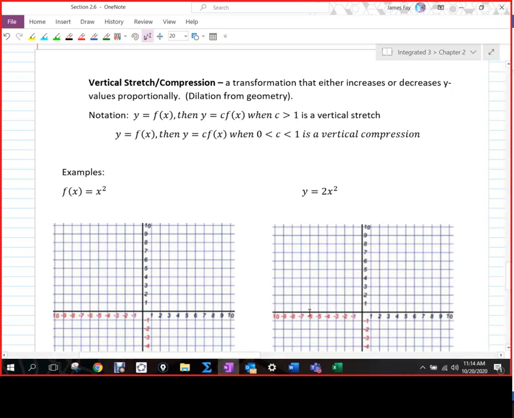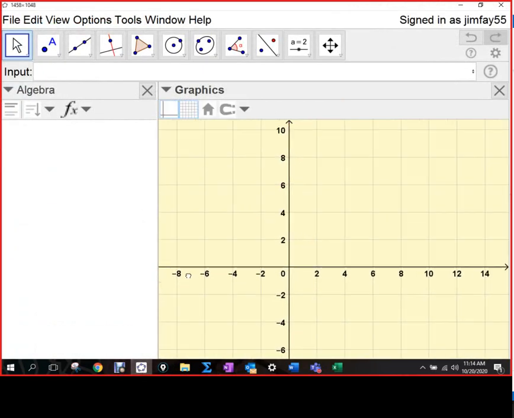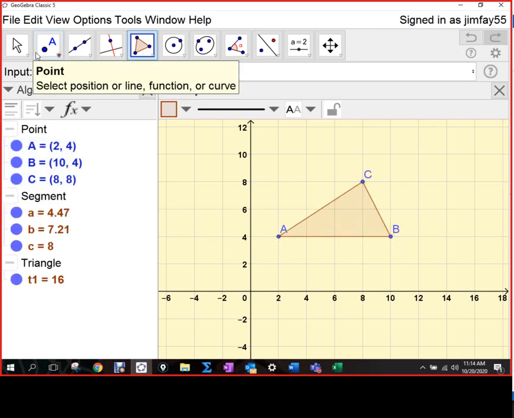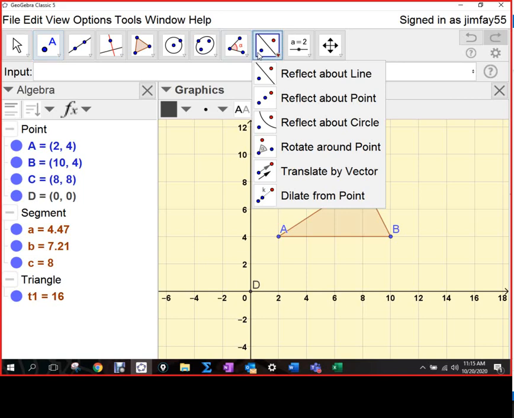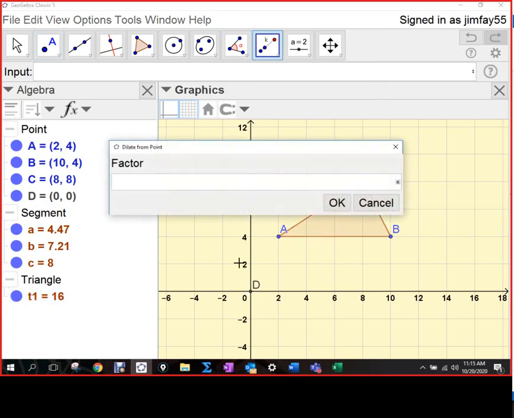And all this is talking about, do you guys remember in geometry where you would take a shape? Let's say we have a triangle like that, and I ask you to, you remember the word dilate? Okay, so if I take this shape and I dilate it on that point by some factor,